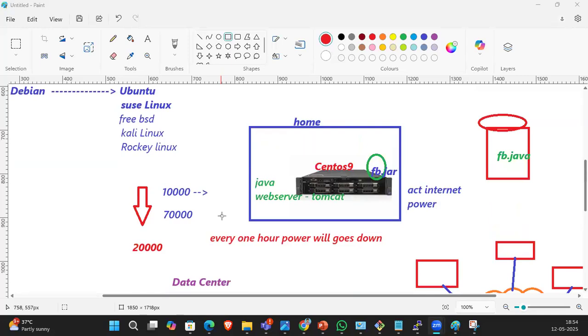Guys, any doubts? Sir, for admin level also we are completing here, right? Yes, we are completing admin level, so we'll discuss administration as well as scripting. Shell scripting we will discuss here. Shell scripting is Unix?